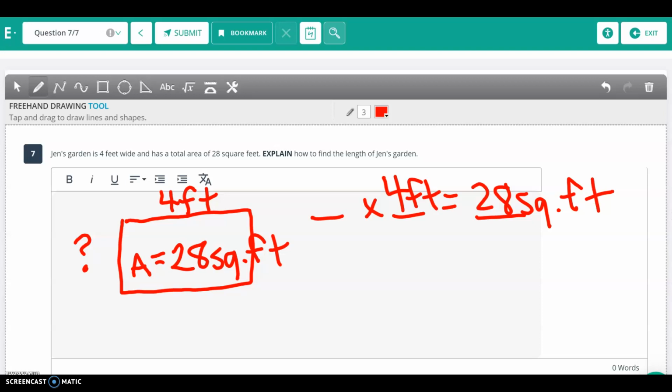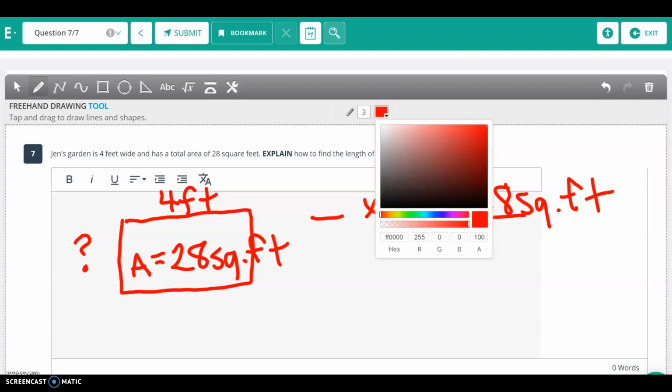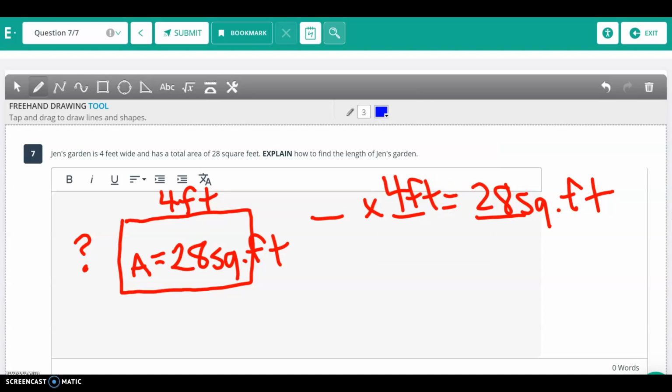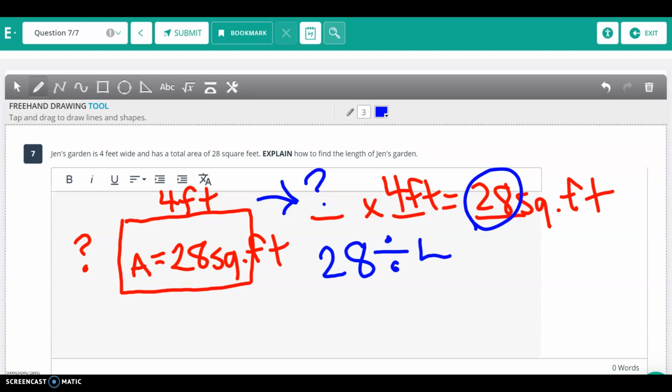Pause the video so you can catch up and have this all written down. We don't know the length. Now we're going to have to switch this around so then we have our question mark by itself using fact families. So I know in a fact family, the largest number, the total, goes first in a division problem. And then I can divide by my groups. To find what 28 divided by 4 is,